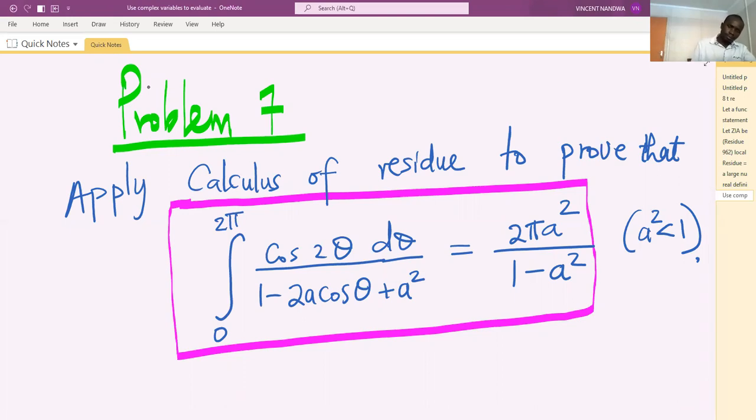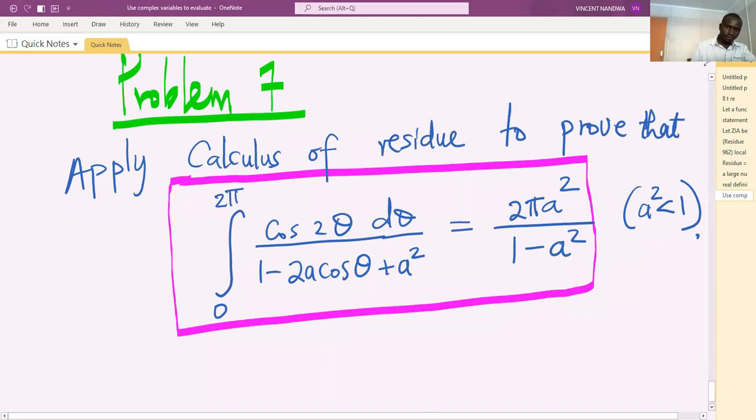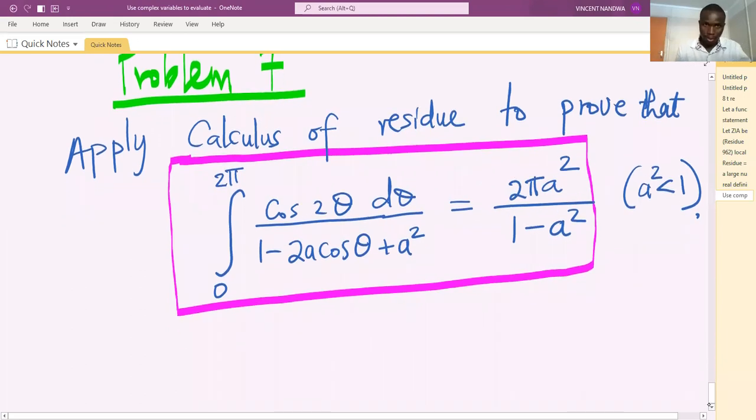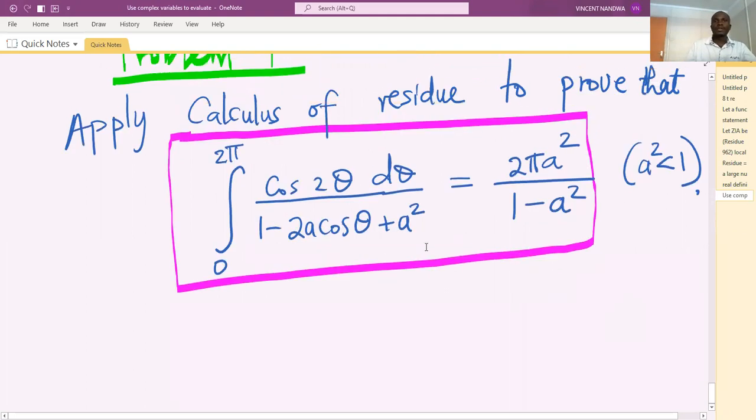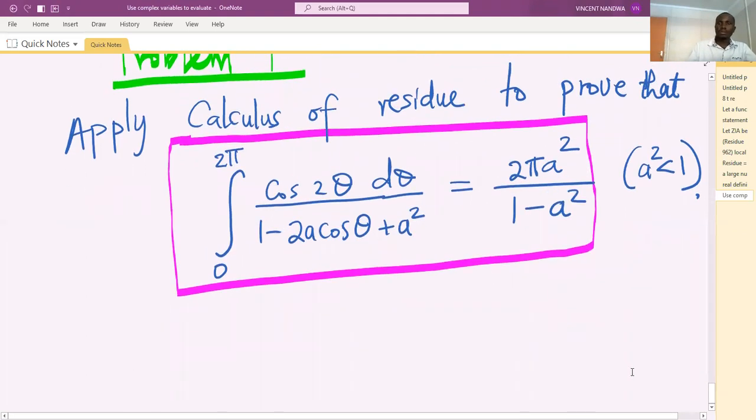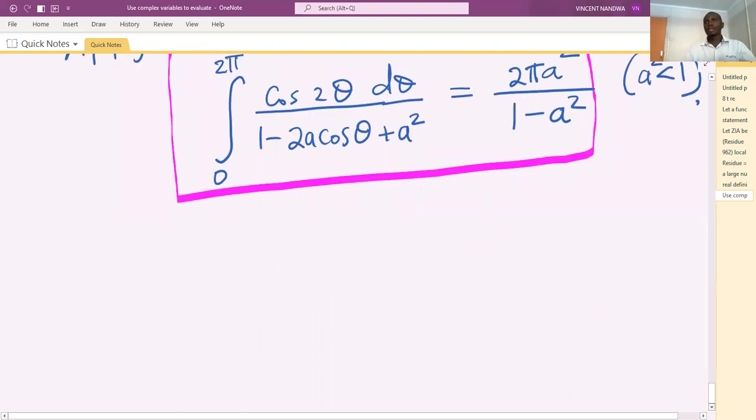So to prove this problem, first we have to transform it into a contour integral, where the contour is the unit circle, and use the residue theorem to be able to find the solution. And our solution should converge to this point because it's already given to us: 2 pi a squared over 1 minus a squared. So, solution,